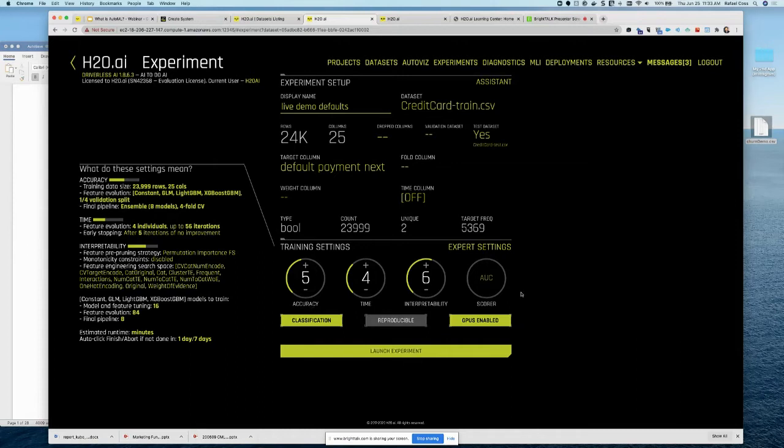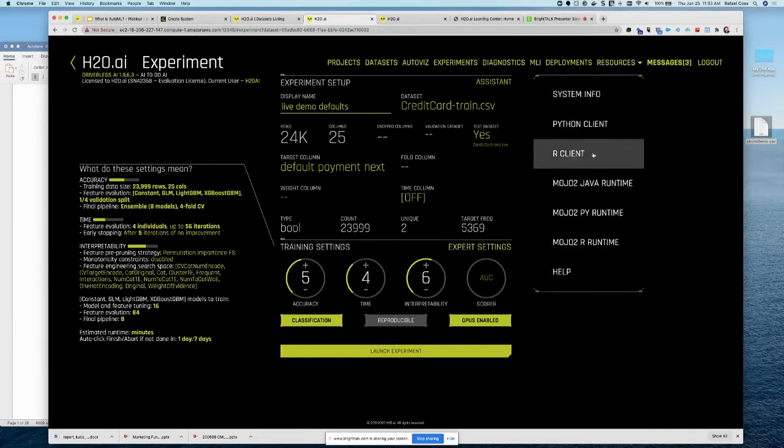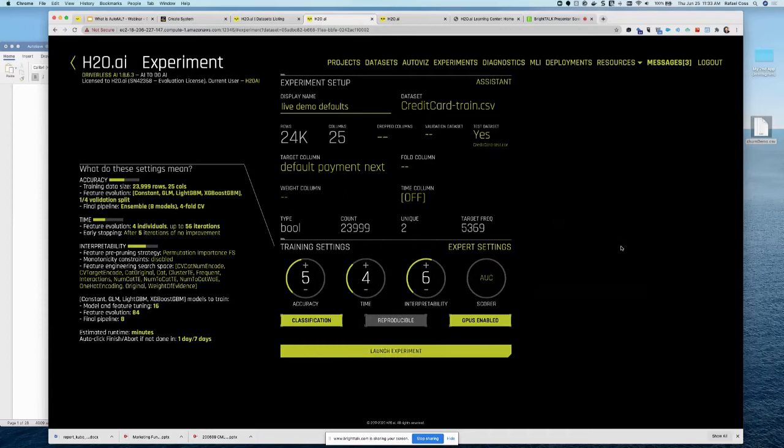Driverless AI is suggesting these initial tuning parameters, right? So for a novice user who doesn't know how to program, this allows them to kind of get in. By the way, anything you do from the UI, you can do from Python and R. So if you're not a GUI fan and you want to get back to coding, you definitely can. So this is where automatic machine learning can be leveraged both by novice and experts.